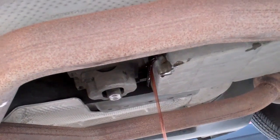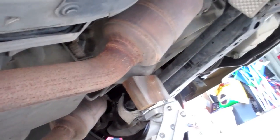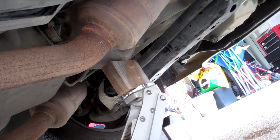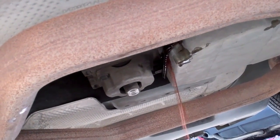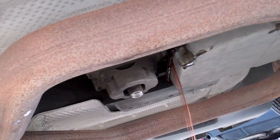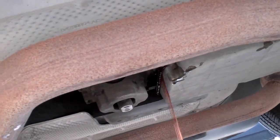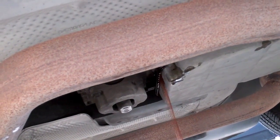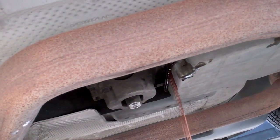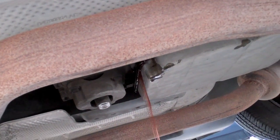Alright, you see it dripping out. I took down the cross member. Before I did, I put the jack there to hold the transmission. I will tell you, I was really shocked. I barely turned the back ones and fluid started coming out. Normally you crack quite a few of them before any kind of fluid comes out, so I made a little bit of a mess here because I was not expecting it to come out so quickly, but it is